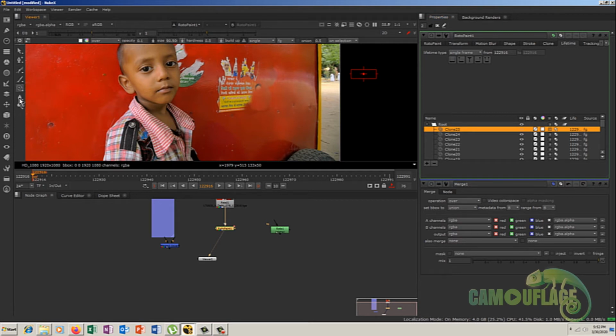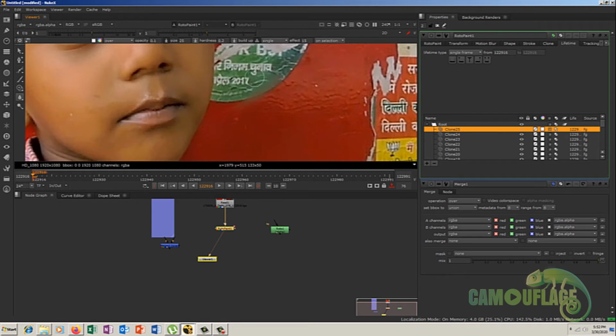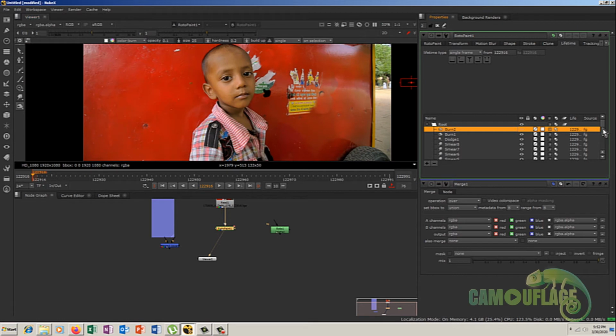Go to this blur tool. I have this blur tool here, and if you want to do any blur, you can create blur. I have the same thing like Photoshop's smear and sharpen tool. I have a smear tool as well. Got it? And here is a dodge tool. If you want to dodge something, I have a dodge tool, and if you want to burn something, I have a burn tool. You can control the opacity of the burn tool to like 0.1, and now if you start burning, you will see it's very dark in color. So this is the thing you can create with your